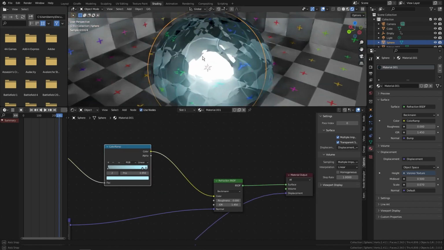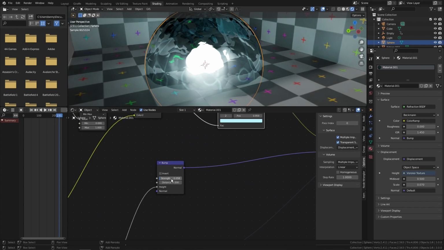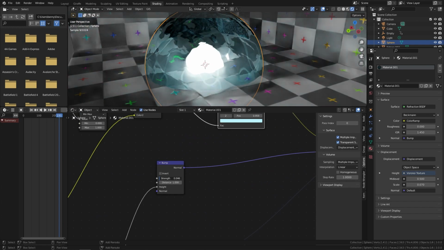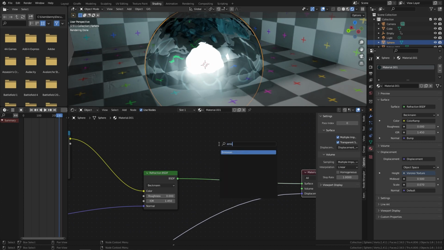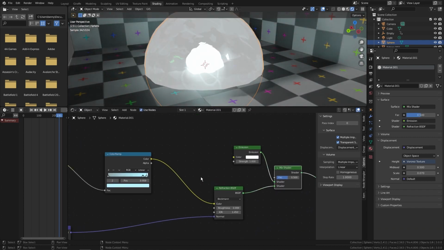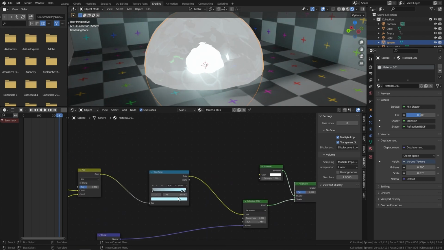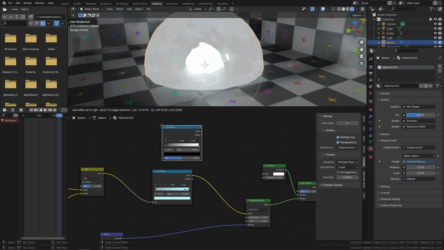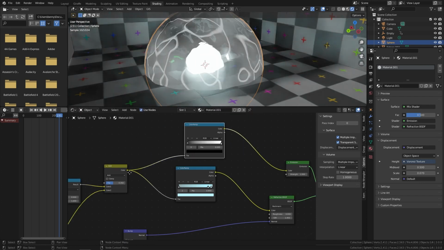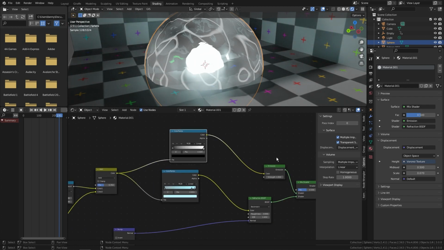And now this is really subtle, so to help it be a little more obvious, let me turn this down a little bit more still. What we're going to do is add an emission shader, and then mix that with our principled BSDF, or I'm sorry, our refraction BSDF. And we're going to get another color ramp, and plug that in between the add shader and our